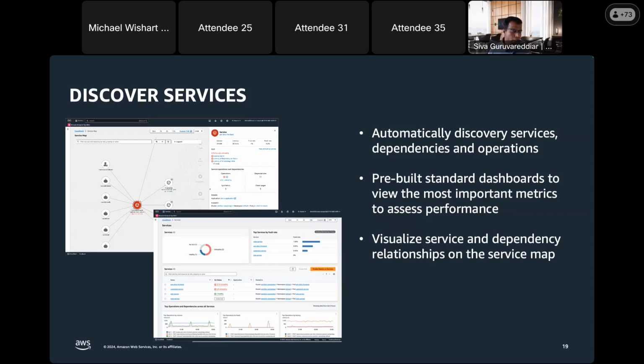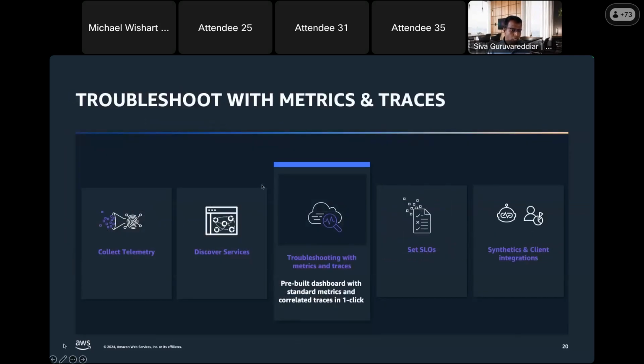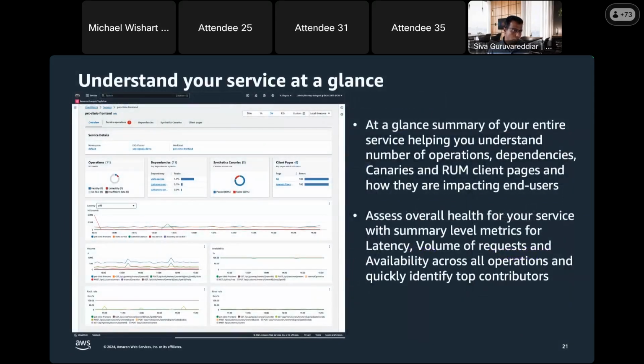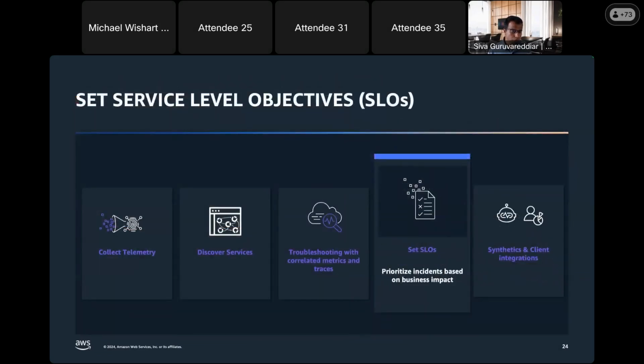You don't have to do any kind of instrumentation on top of it, because everything is taken care of with the OpenTelemetry auto instrumentation. With this information, you will be able to troubleshoot with metrics and traces. Once you come here, you will be able to see the different services running and the golden metrics, and with just a couple of quick clicks, if there is any troubleshooting you need to do, you should be able to do it.